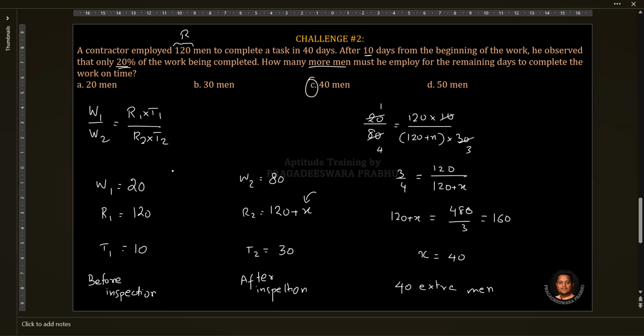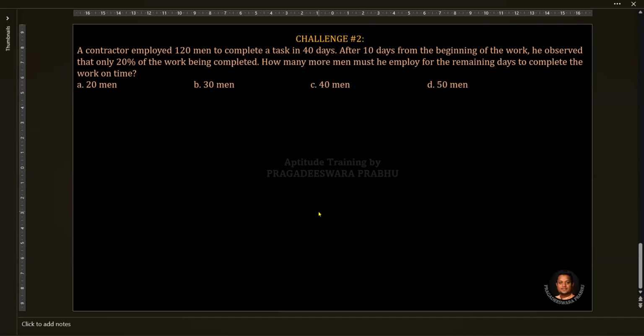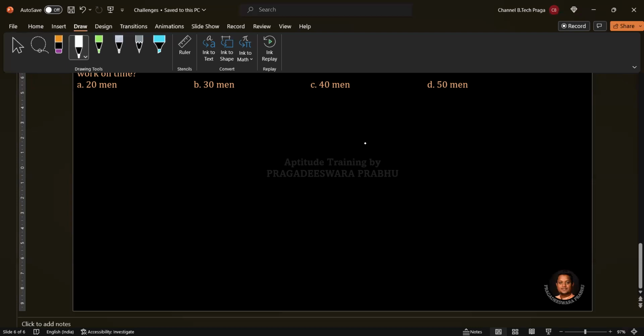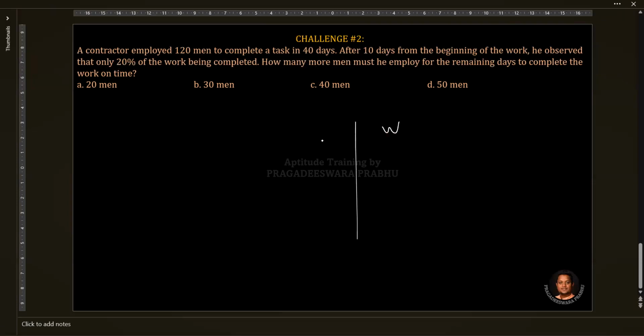Now if you go with this formula, you will get the answer. The same formula can be executed in a different way. Okay. So let us see how we can execute this. Now, whenever you get this kind of question where time, resource and work are compared, this is proportionality concept under time and work. So resource and time, write it on one side of the line and on the right hand side you write the work. Okay. Now, we know that resource is directly proportional to work and time taken is directly proportional to